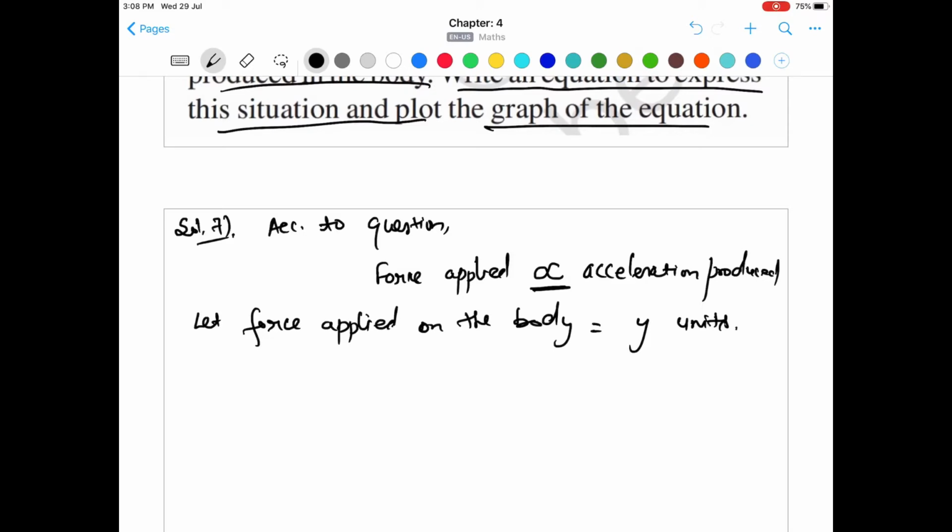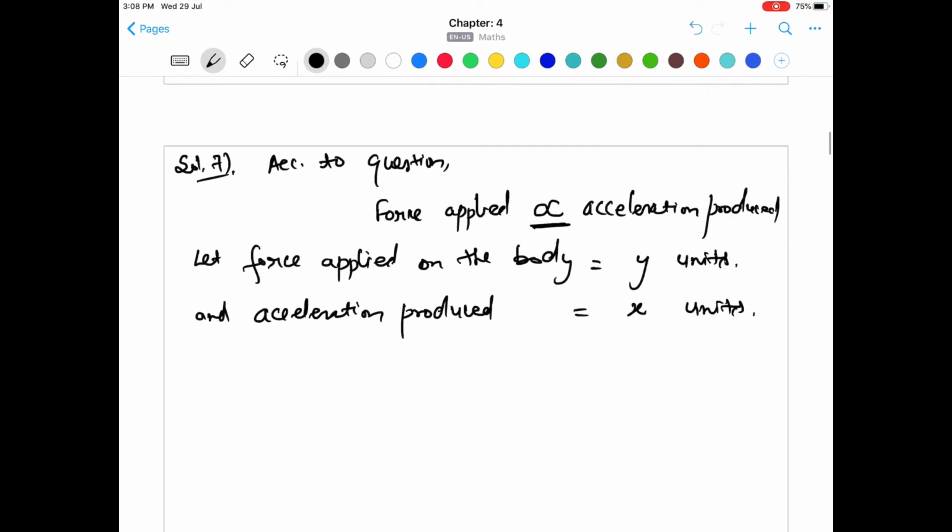And the acceleration produced is equal to x units. Then the equation will be,